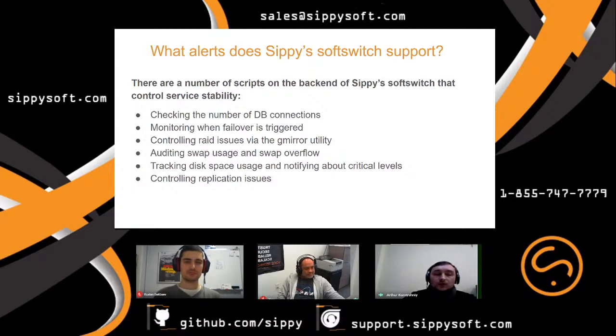Next script is the swap script, which checks the swap usage and notifies the switch operator about the critical level of swap. This is a reason for the customer to think about increasing RAM on his hardware, on his server, or to contact the Sippy Support department to review some internal scripts which may probably create some heavy swap.